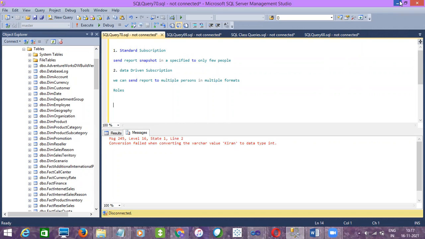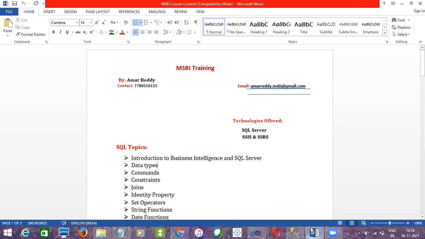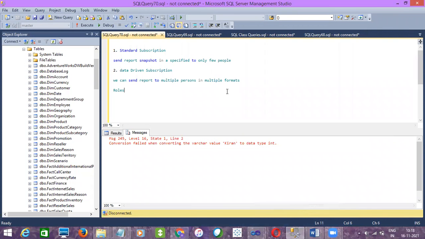I prefer to enter the notes in a Word document. Why? Because if you want to give an interview yourself, you can just open the document and, by looking at it, you can say the answers. If you have a Word document, you can just search it. Based on their question, you can search and tell the answers by looking at the document. That's what I prefer, but it is up to you whether you want to write your notes in your notebook or in a Word document.